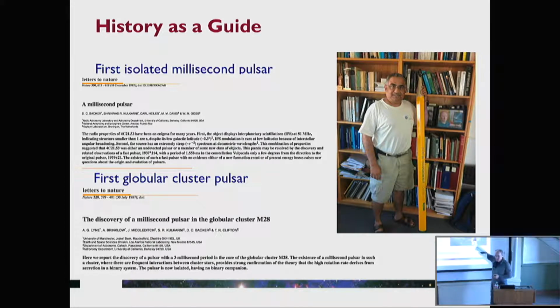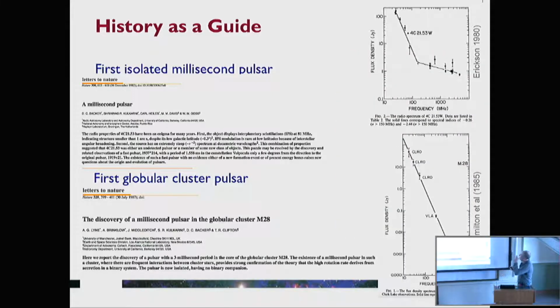So it's a very great story, and you should learn about how Shri found the first millisecond pulsar, but the truth is actually more complicated. The truth was that he was pointing there because someone had done very careful work on measuring the spectrum of two objects in the field. One turned out to be flat spectrum, one turned out to be very steep spectrum.